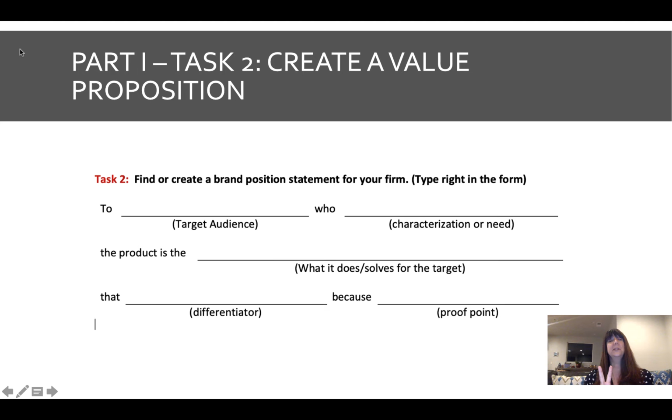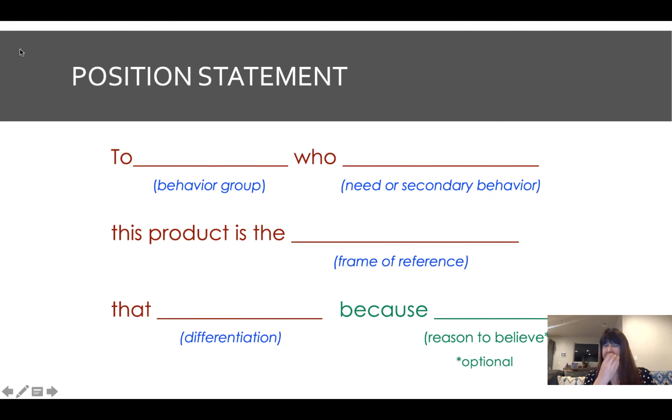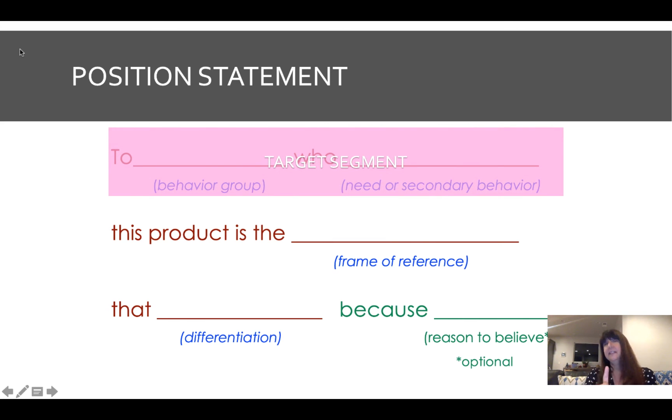The second thing you're going to do is I want you to create a value proposition. So if you remember from our all customers are different segmentation and target audiences, I want you to describe to me the value of your brand to a particular target audience. So what do I mean by this? You're going to create what I call a position statement. There's a formula in a position statement that never changes. We all use this. And the reason is because there's three components.